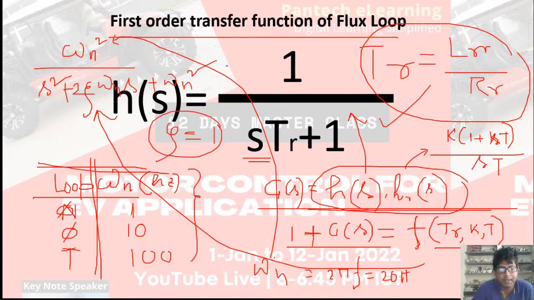So if you put that, and if you compare both things, you will be able to find out this K and T very easily, and that value is the value after tuning. Okay,